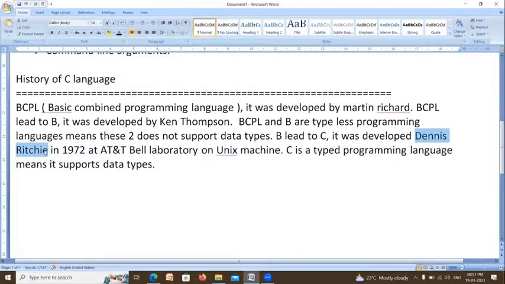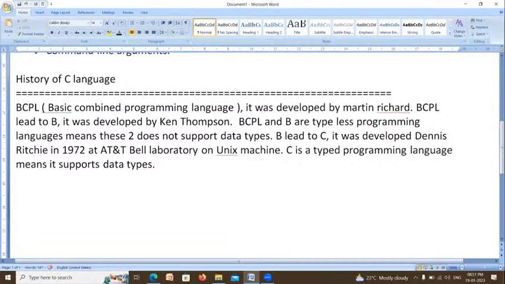He is the developer. C was developed in the year 1972 at AT&T Bell Laboratory on a Unix computer, on Unix machine. Actually, C is a typed programming language, means it supports data types. Clear?